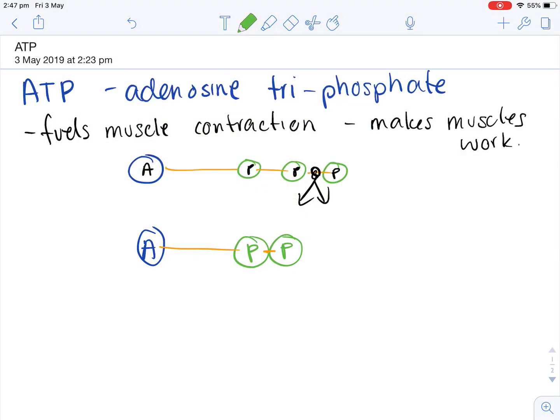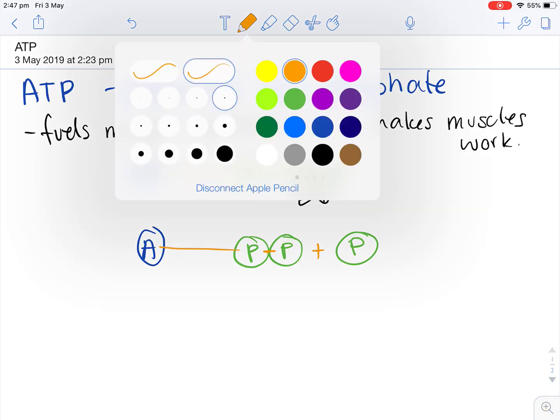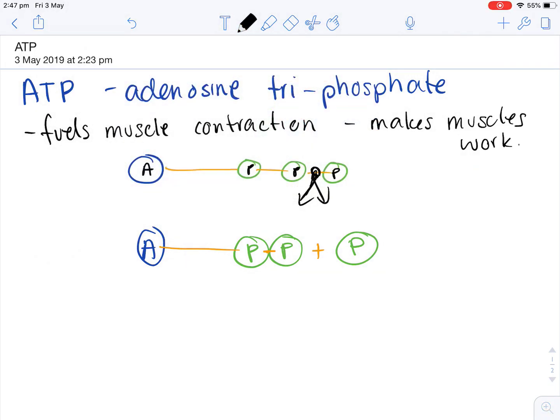But molecules don't just disappear, okay? It means that we've got a leftover molecule just hanging around. When this bond is broken and energy is released, that is when our muscles can work. We need the adenosine diphosphate now